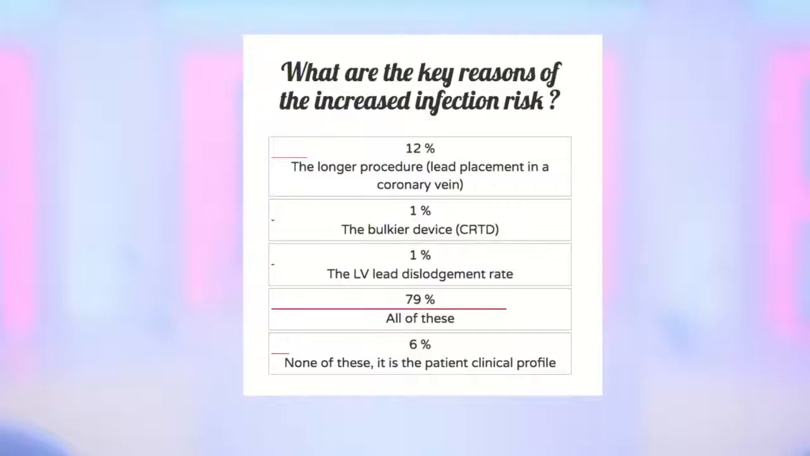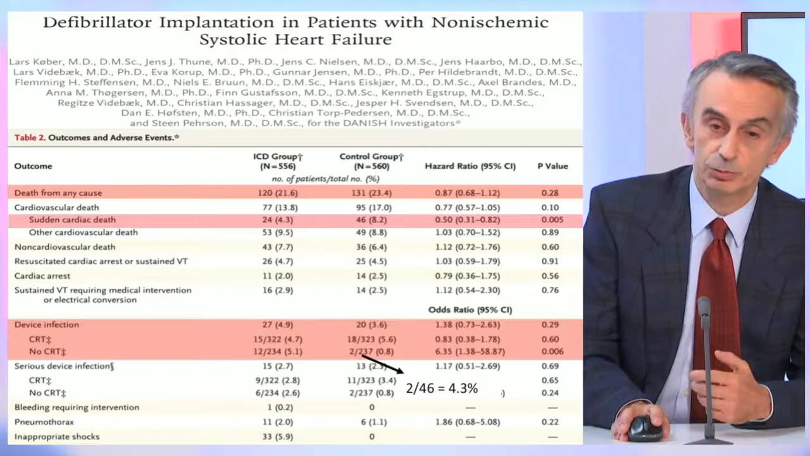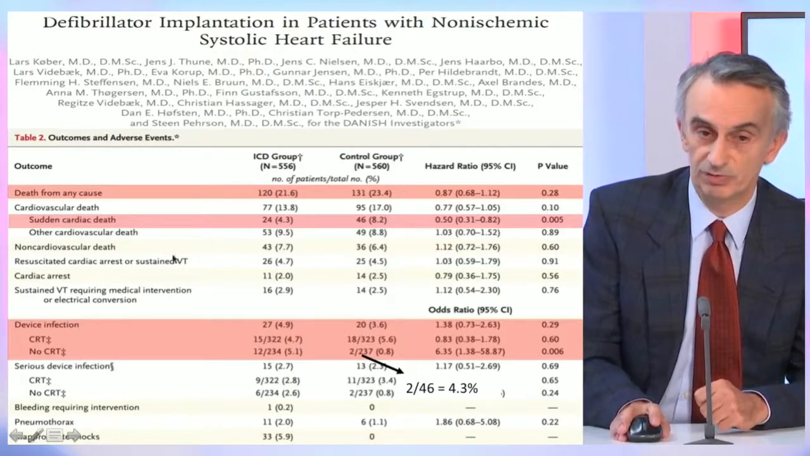The result is that nearly 80% of the persons who voted think that all the reasons you were thinking about are really implicated into the longer procedure, the bulkier device, and the LV lead, as you are pointing out now. I'm happy that people think of this because they are probably right, but I would come up with in favor of the 24% that think that there's no real difference between a single, a dual chamber, or a 3-chamber device,